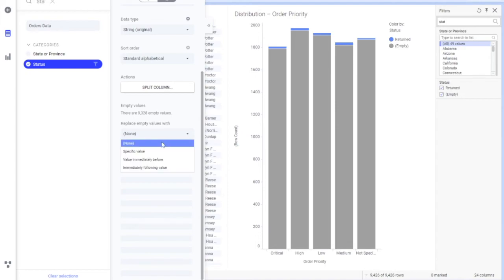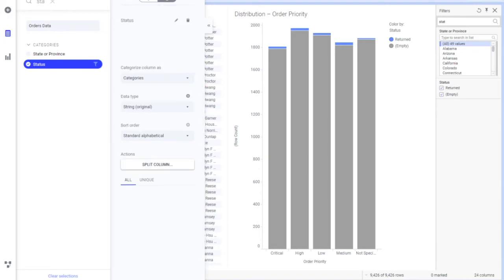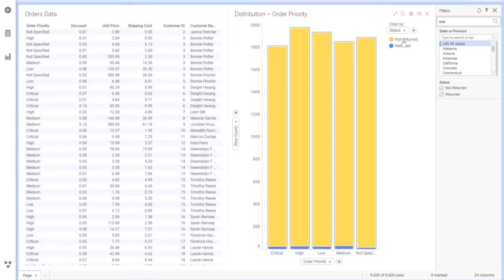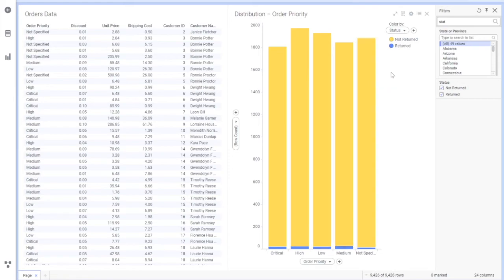So what I'll do, I'll just say specific value immediately before or immediately following value. I'll say specific value, and I can mention it here, not return. Not returned. So this way, if you see that I have changed it to not returned, I'll just press enter, and as soon as I pressed enter, I got my value changed to not returned. The color changed automatically because it has to define a color for that,